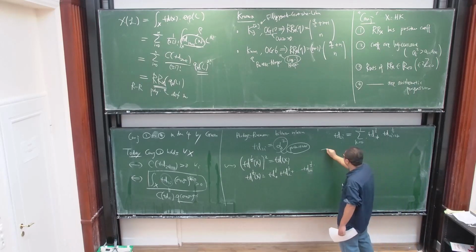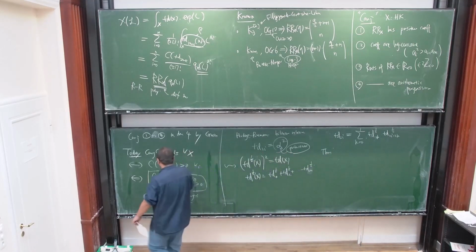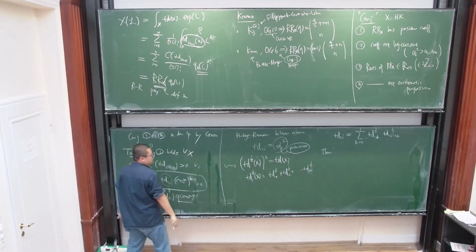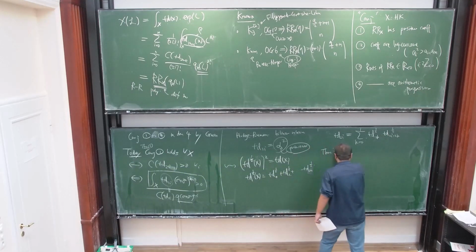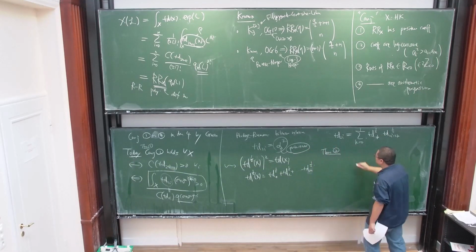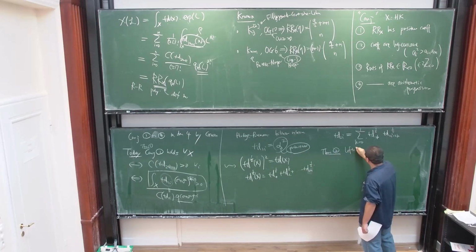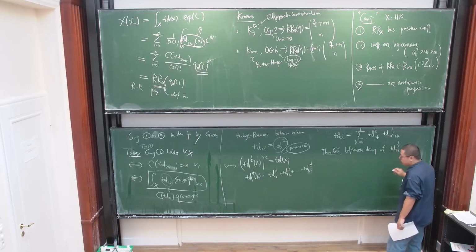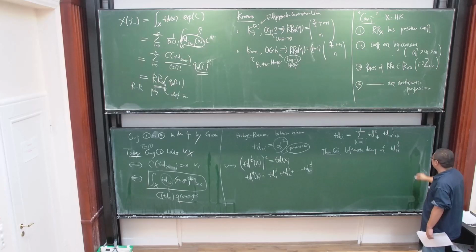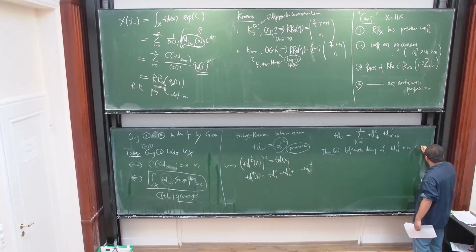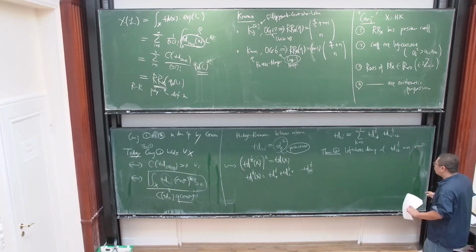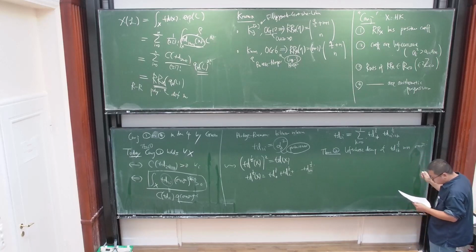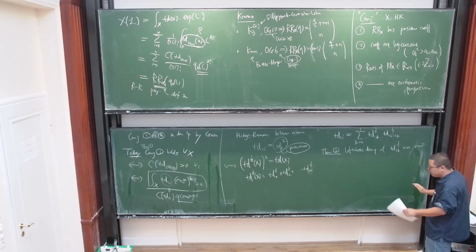So this is a theorem. Let me just write this as theorem 1, and let me explain theorem 2. Theorem 2 is the Lefschetz decomposition of this Todd 2k root. This is with respect to sigma plus sigma bar. What it looks like, I will not write down the explicit formula, but